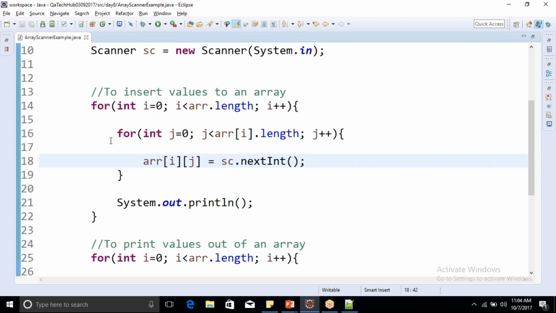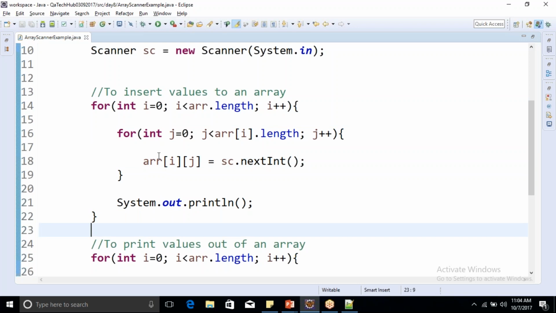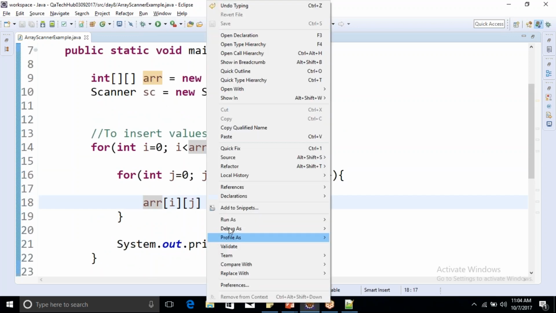So what it will do is assign values to the array which you're using. When your loop starts, the value of i will be 0, the value of j will be 0. So the first value which you're going to insert will be arr of 0 0. Then arr of 0 1, you'll insert a value to it. Arr of 1 0, and so on. Like this it will work. Okay, so if I execute the code now,